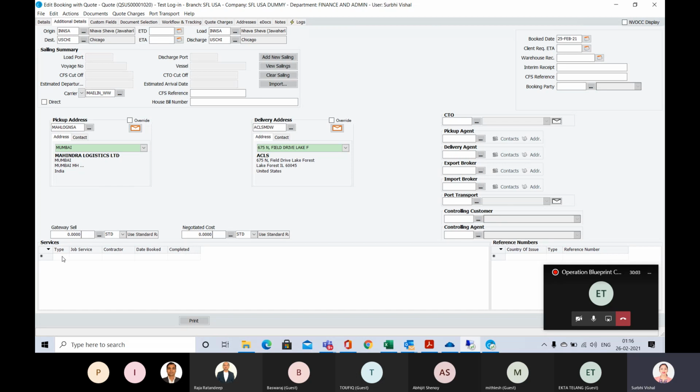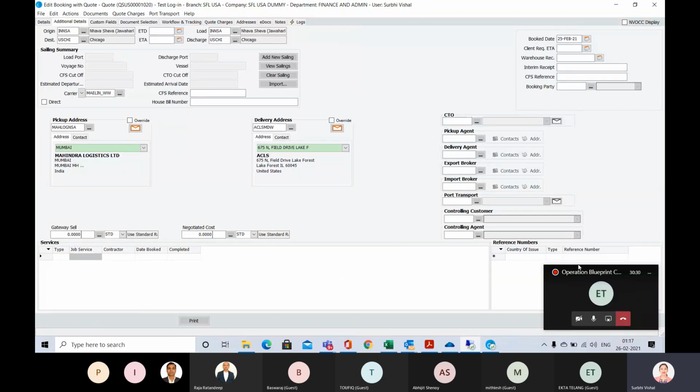At the bottom, if you can see, we are having certain kinds of services. If the client is availing, then you can put like fumigation, container cleaning, or washing and anything. Okay. And these drop downs can also be customized as per your requirement. If there are certain services which are not mentioned here, we can add those.